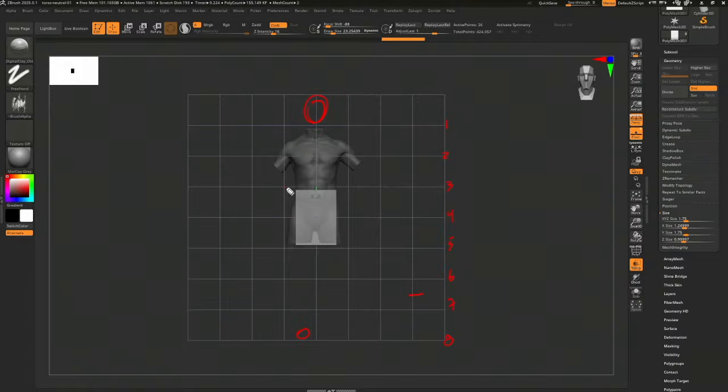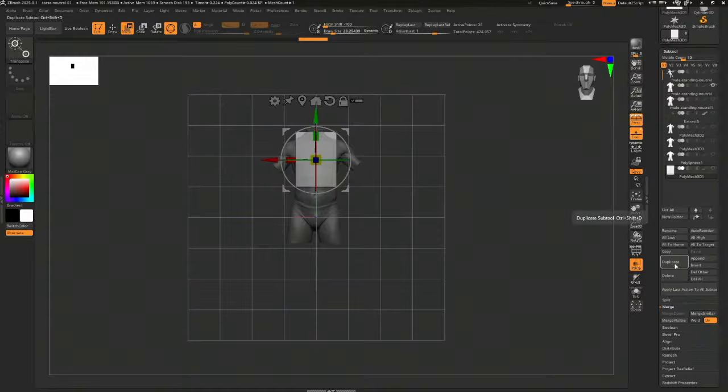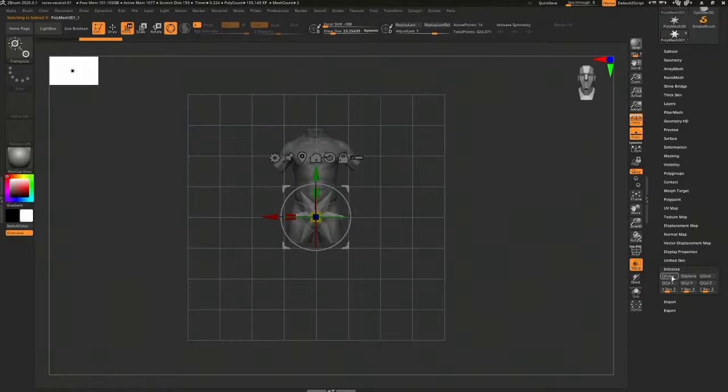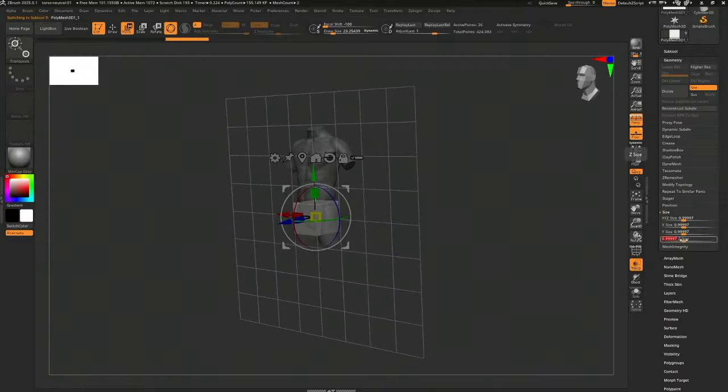right here at the 3, that's where your rib cage is going to sit. So we're going to take that and you move that up, so the bottom of it sits on 3. And then you do the exact same thing. You just come in and say append polymesh, select it, initialize, turn it into a cube, geometry, size, set all the size to 1, and then I set the Z depth to 0.8,